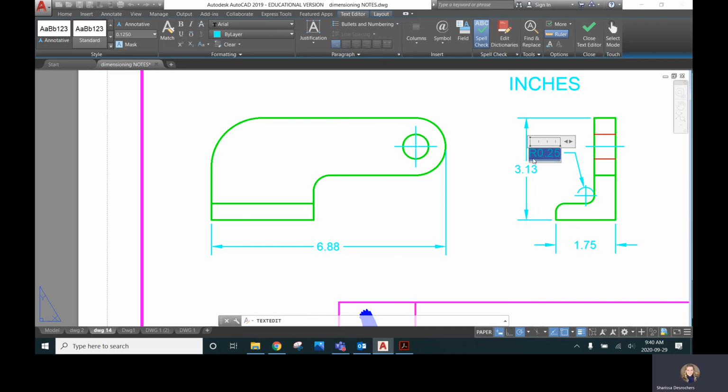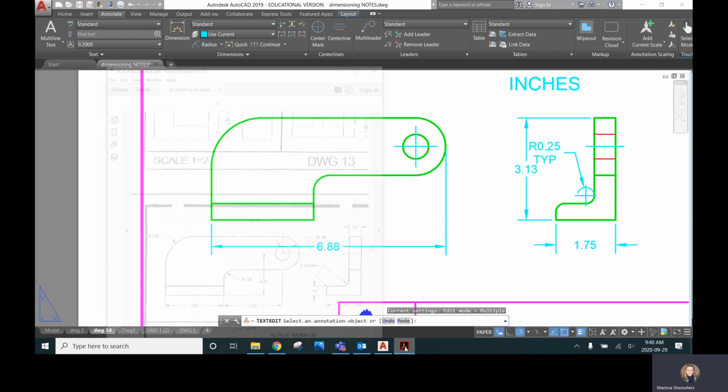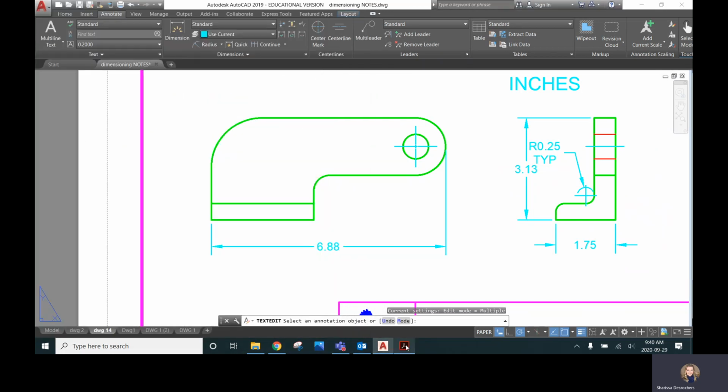So I'm going to edit this to say space, enter, all capitals TYP. What that means is, again, any dimension that looks like this is the same. So this is 0.25, this is 0.25. Is that 0.25? I don't remember. Let's look. I don't think it is. That's radius 0.5. So that's different. So we have to dimension that. So this is a really nice annotation if you have multiples of the same thing. So TYP is really good if you have a whole bunch of holes, let's say there's 3